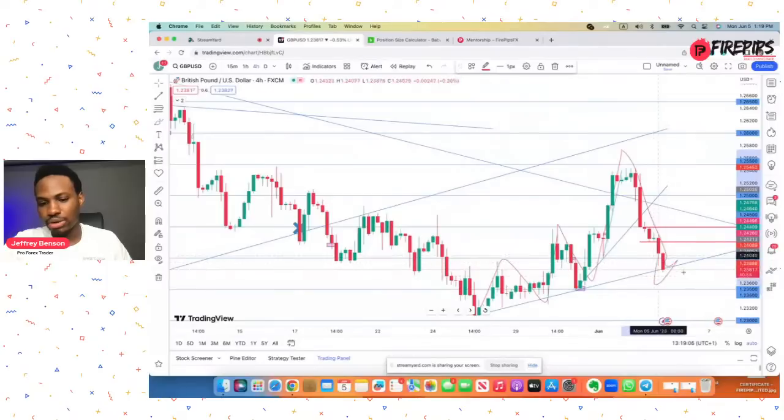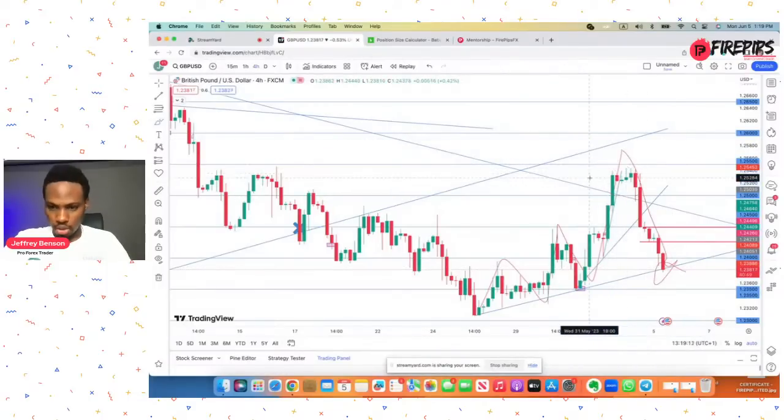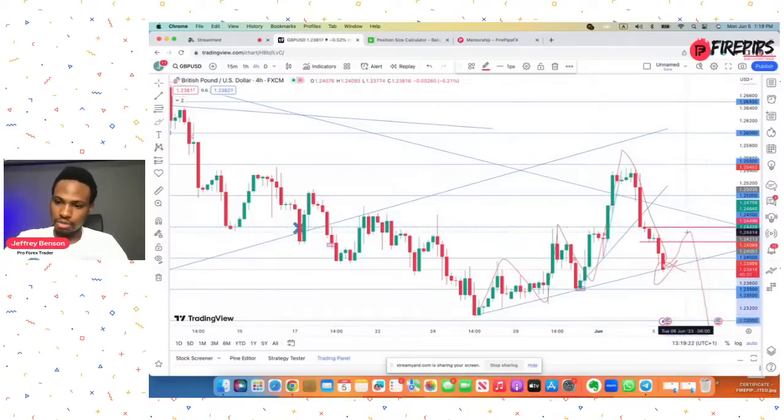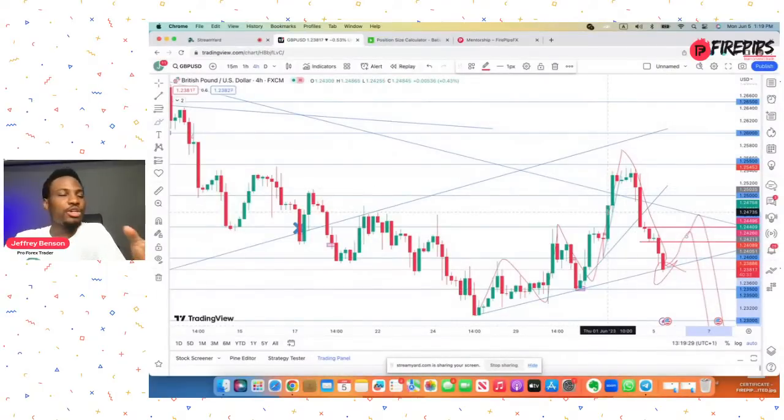To me, I feel that it's going to break more. It's going to break at this point because of the momentum at which it's coming from, and this is a second touch overall. So with this said, I'll be expecting more sales. Even if price retraces back to this point, I'll be looking to go short. Even if it comes back to this point later on in the future, I'll look to go short still.